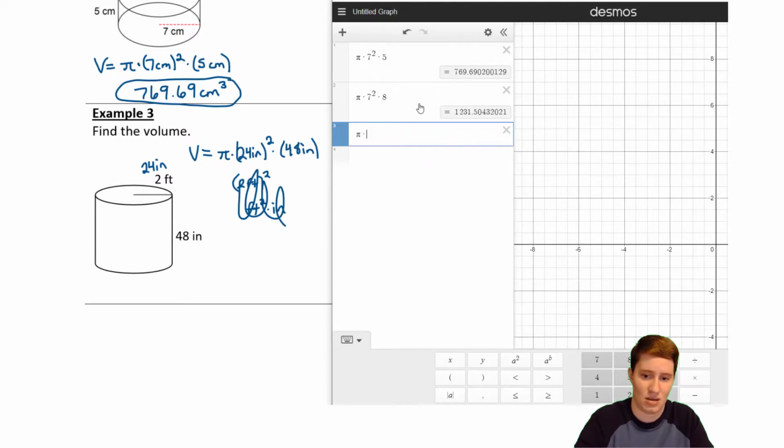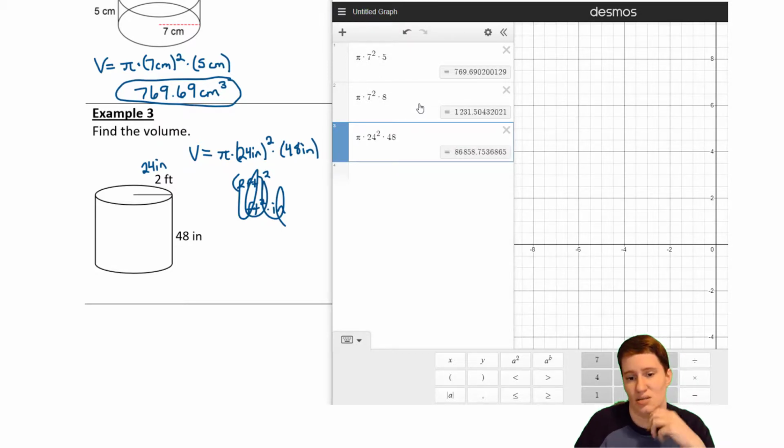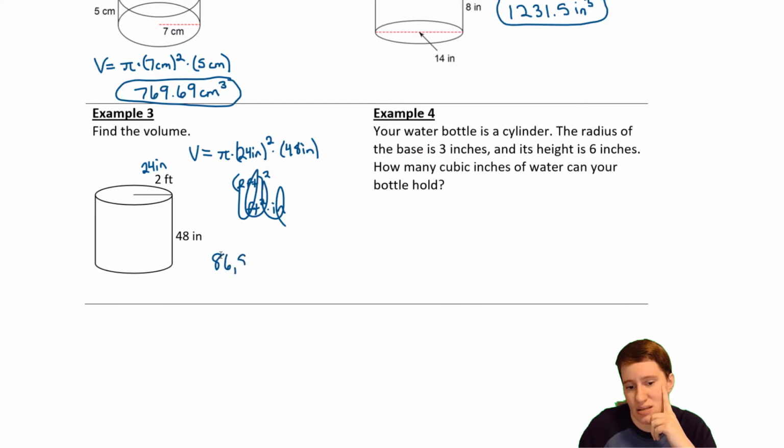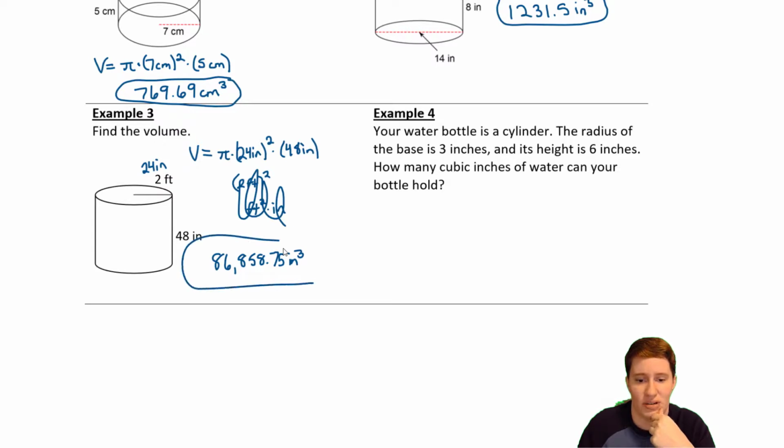Pi times 24 squared times 48. Ooh, that's a large number. So this would be 86,858.75 inches cubed. That'd be our answer. Incidentally, to change this to feet cubed, once we have inches cubed, you actually have to divide by 12,